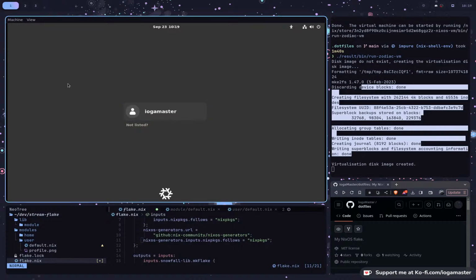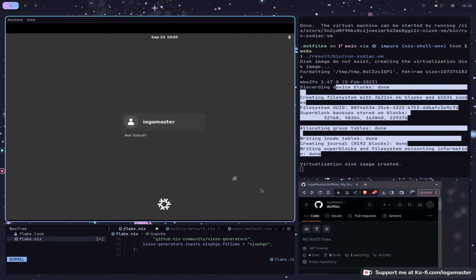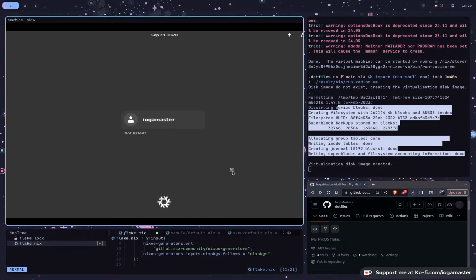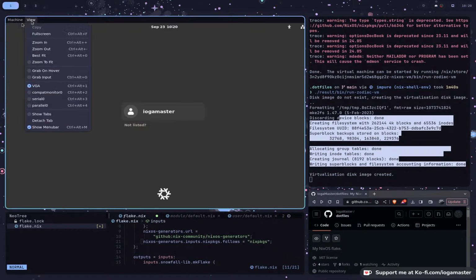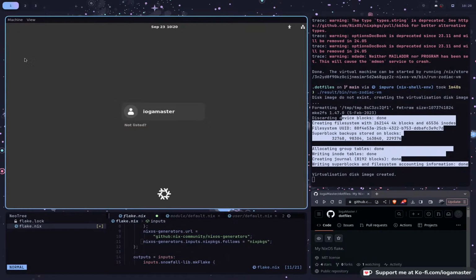So yeah, I need to really write a custom section of my sys script to build VMs because it's really convenient. For some reason, Hyprland just doesn't work inside the virtual machine, and I have no idea why. I don't know how to use QEMU to switch to a TTY without doing it on my own. I tried it. It will switch if I do it, but then it will switch my own two monitors over